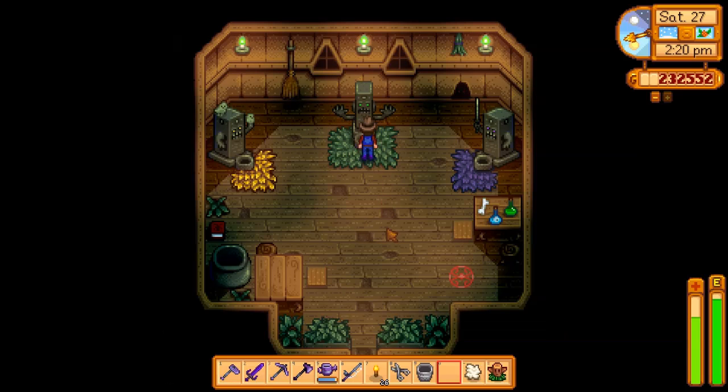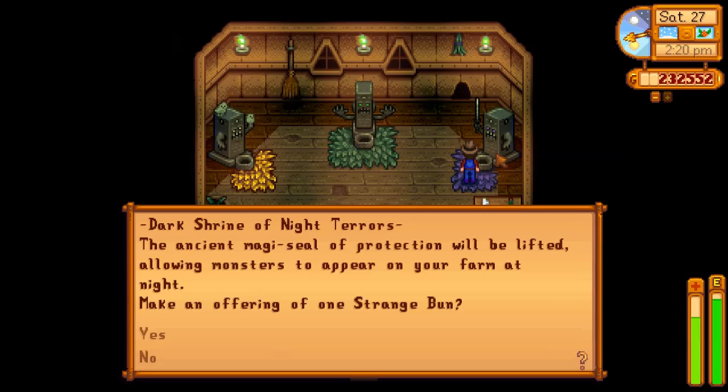Dark Shrine of Memory. Dark Shrine of Night Terrors. The ancient magic seal of protection will be lifted, allowing monsters to appear on your farm at night. Making an offering of one strange bun. Oh. So maybe this is a way for people who have already been playing the game to get some of the features that he's added, or...